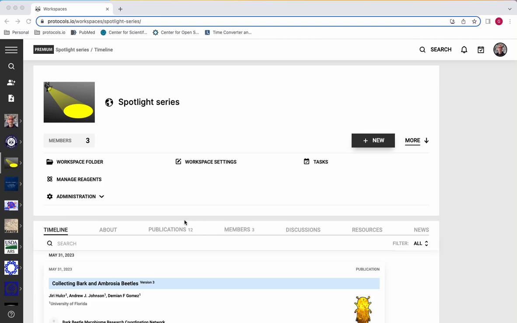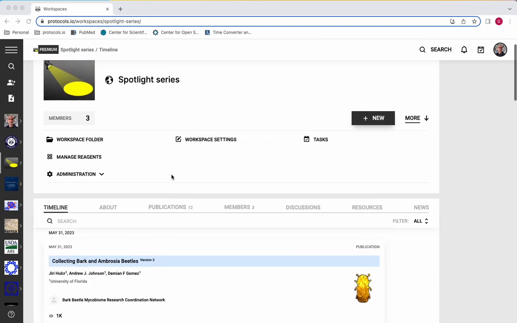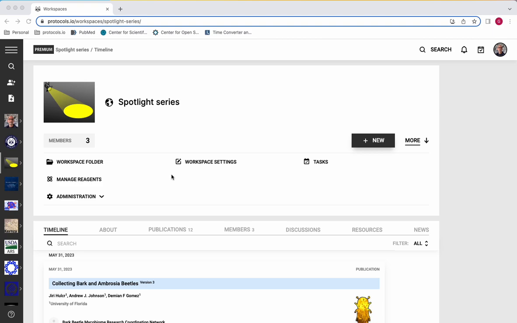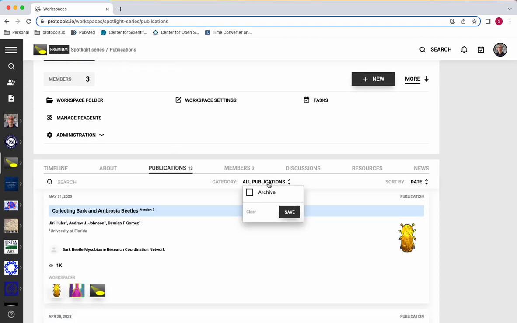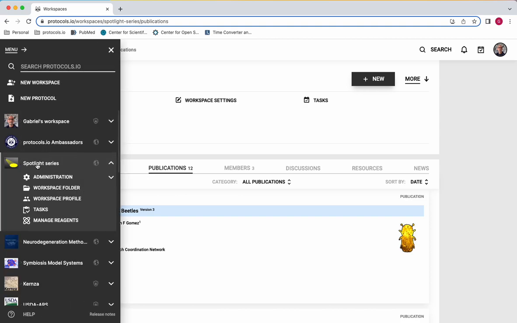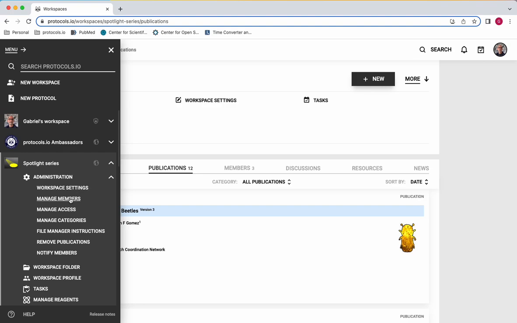You can organize your publications in a workspace by using categories. In this example, the Spotlight Series workspace has 12 publications, but no categories so far. To create a new category, you go to the Administration menu, select Manage Categories,